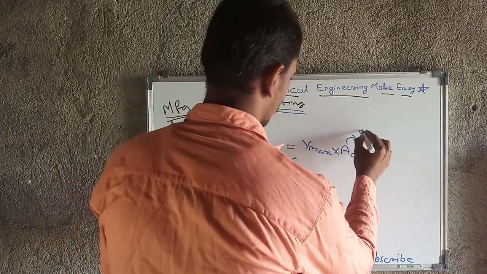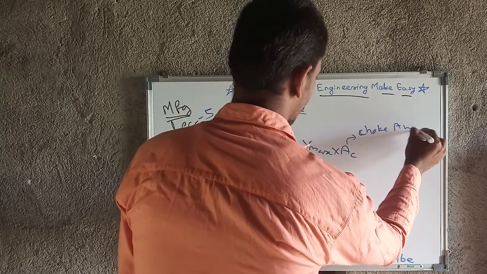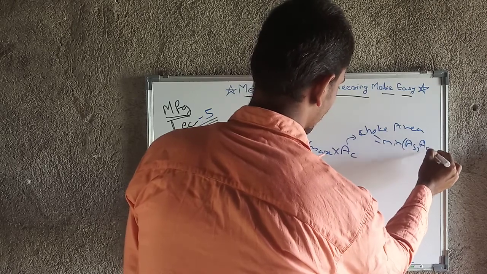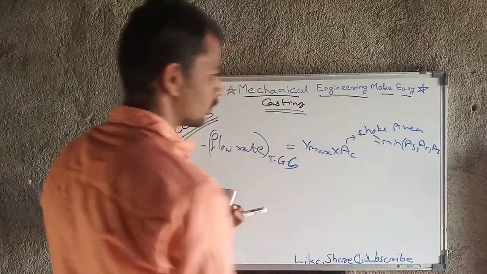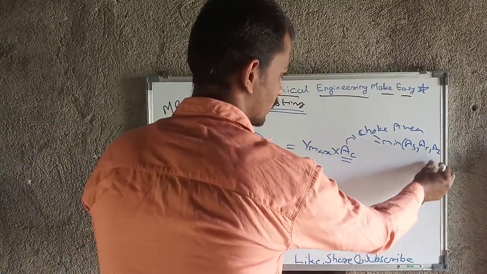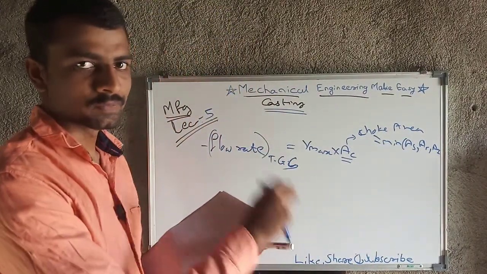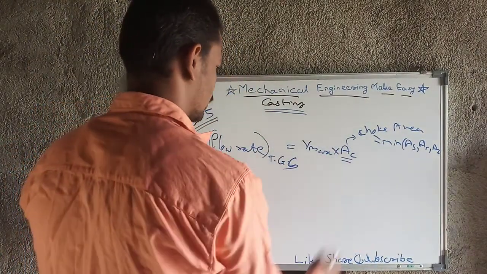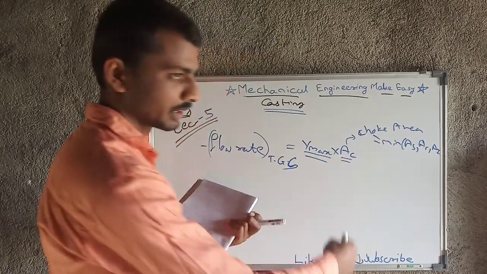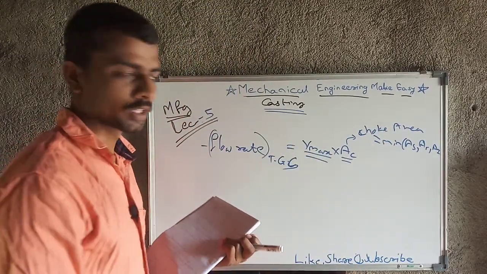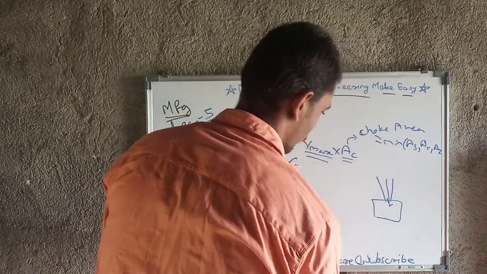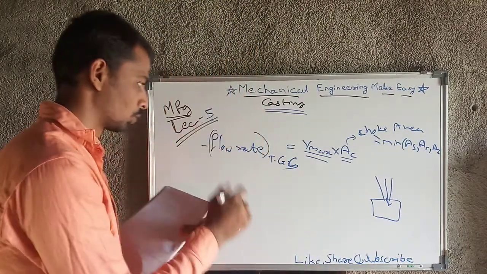This is the choke area, and choke area is nothing but the minimum of sprue area, runner area or ingate area. Which area is minimum? That area is nothing but the choke area, from those three areas: sprue area, runner area or ingate area. And as this is a top gating system, we have to take the maximum velocity into consideration, because the cavity is at the bottom and the flow rate will be likewise. That's why the maximum velocity is taken into account.